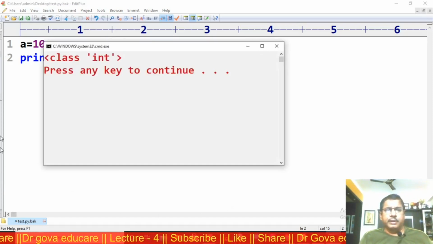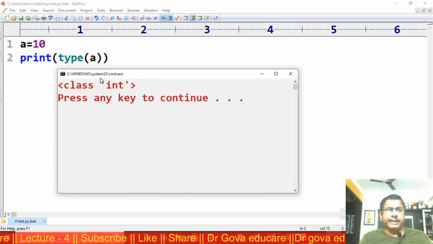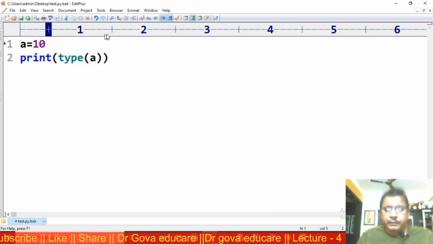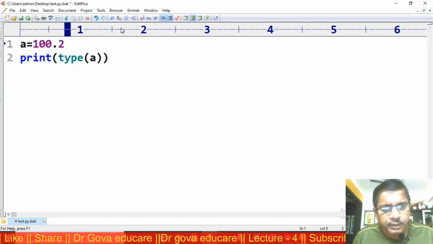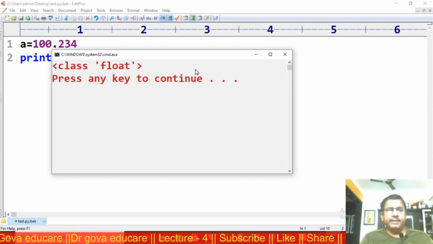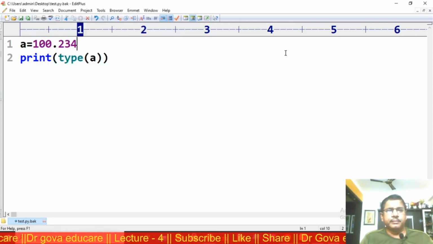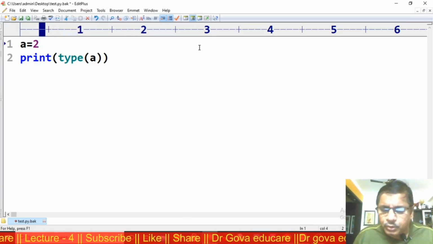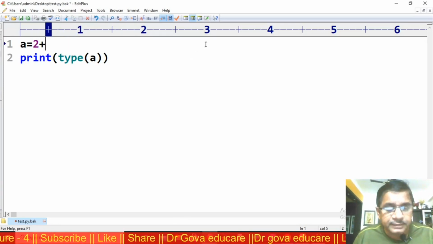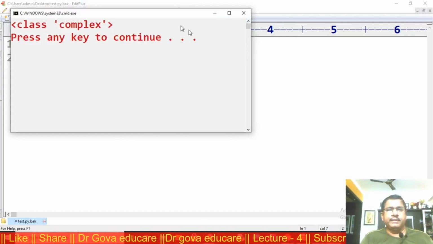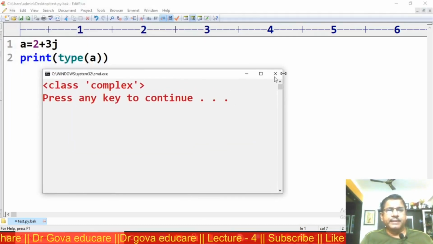Now A is equal to 10, this is integer data type. Now for example, another, 0.234, I am checking the type. It is floating data type. 2 plus 3j, it is complex data type.